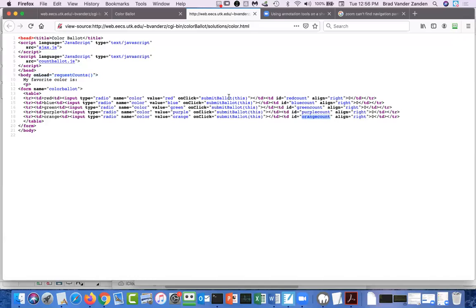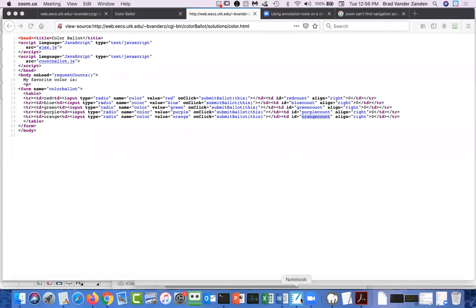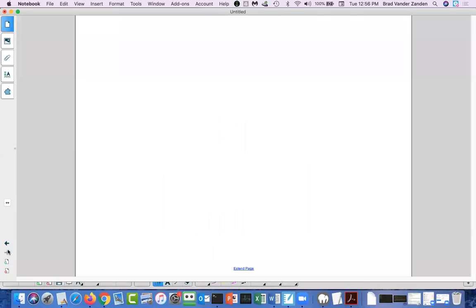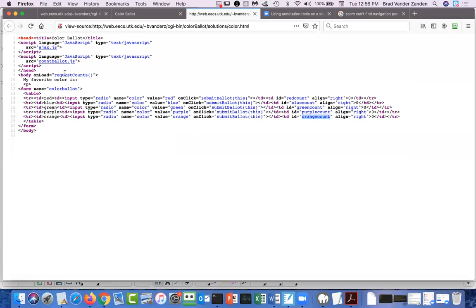So to give you a flow of control, let me give you a flow of control. It's going to look like this. So when you onload, it is going to call request counts.